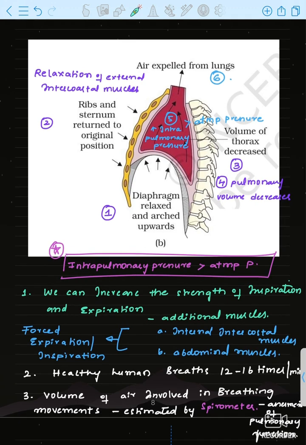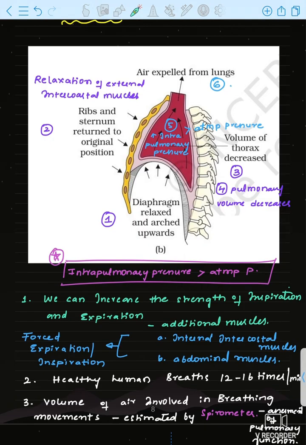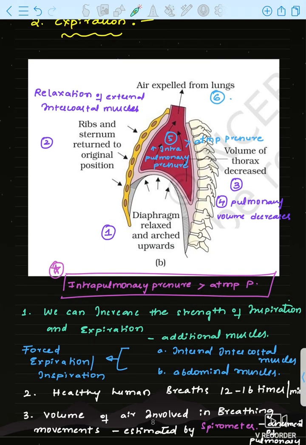Now expiration. Expiration is very simple. Now you understood the inspiration, no? It's just reverse. Now air has entered, okay. What happens? Now this diaphragm muscle which was contracting now relaxes. It became flat, no. Now again it will go to its original position. See, look at the arrows. It is going to its original position, means it arcs upwards. Again it is arcing upwards. Means volume is decreasing in the anterior